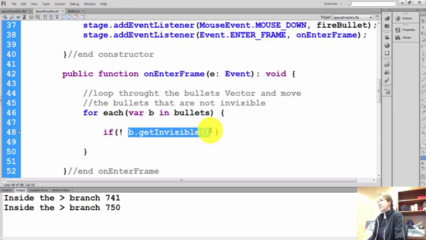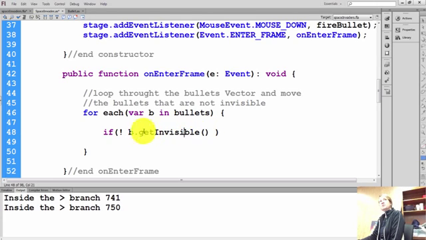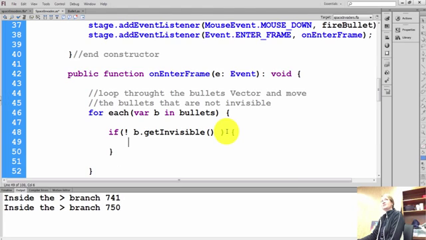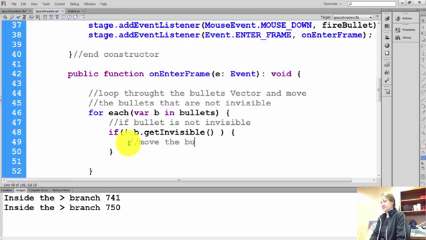Now this not operator right here makes true false and false true. So remember, if I'm invisible, I'll be true. But I don't want to move the bullet if you're invisible. So I'm going to say if you're not invisible. Get it? Okay. So this is our not operator. Exclamation point means it changes false to true and true to false. So if you're not invisible, and you can even write that in words, if bullet is not invisible,